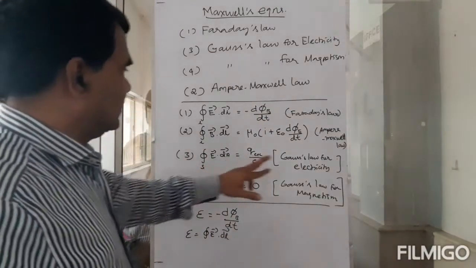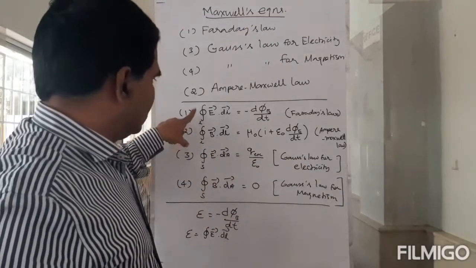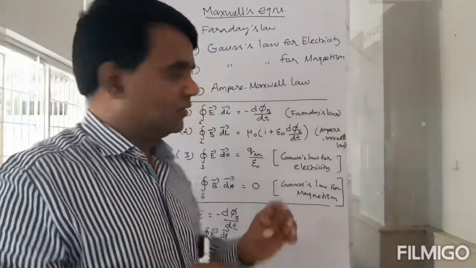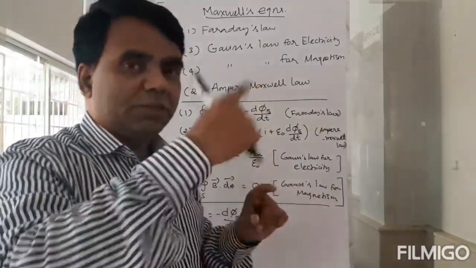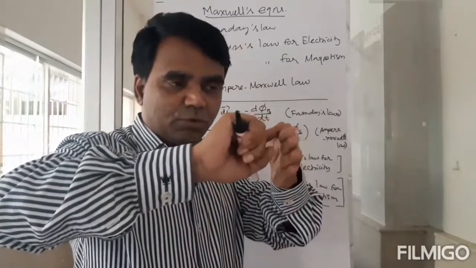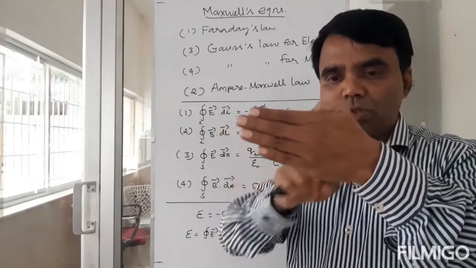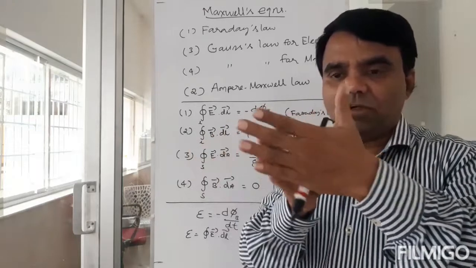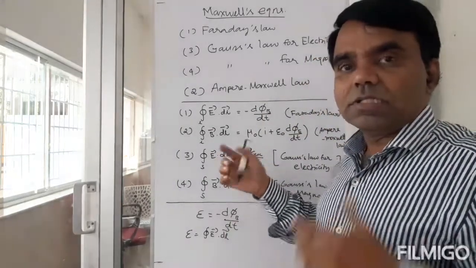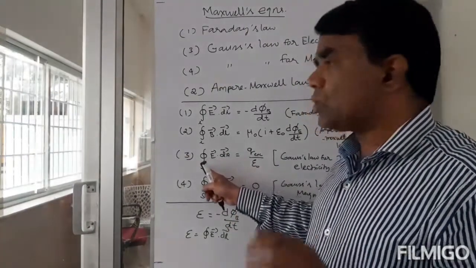And then the third is Gauss law for electricity, this you know. But before that, look at this. This is actually a line integral, the closed loop integral, right? Here also. The closed loop integral of an open surface, that's what you said. The surface is open, then you start from one point, when you do Ampere's integral law, you go all the way and then you come back to it. This closed loop integral is a line integral of the open surface. But here, this is a surface integral, an area integral. This is a closed surface integral